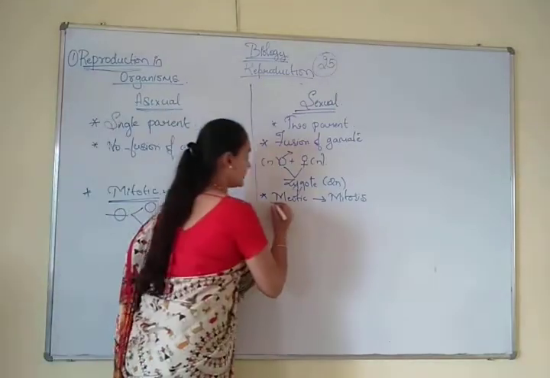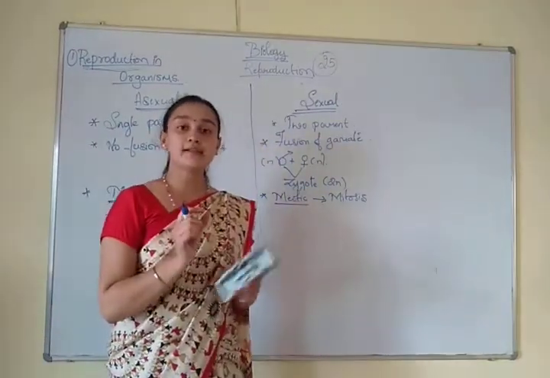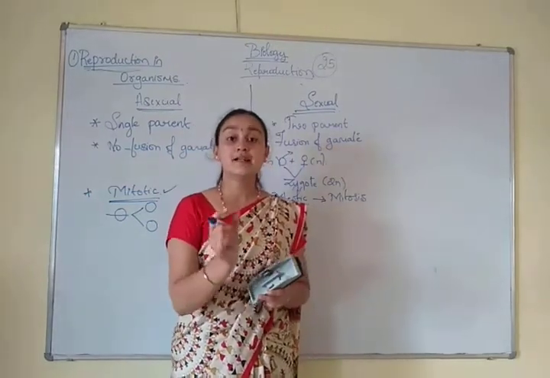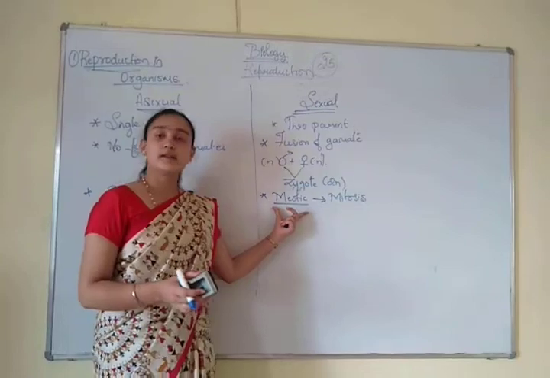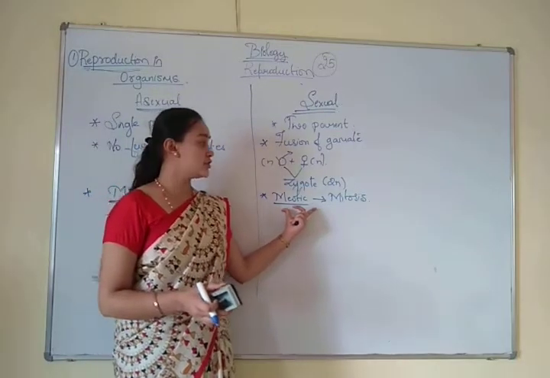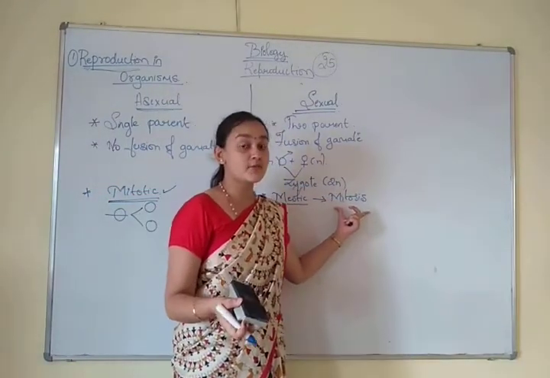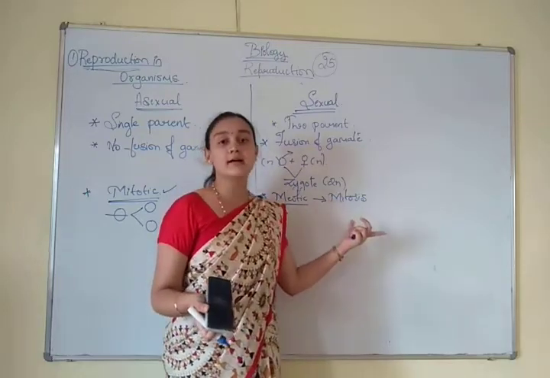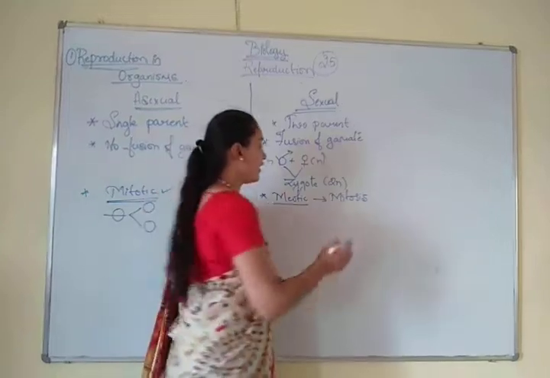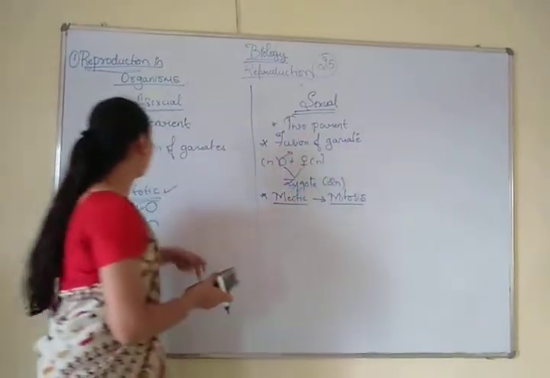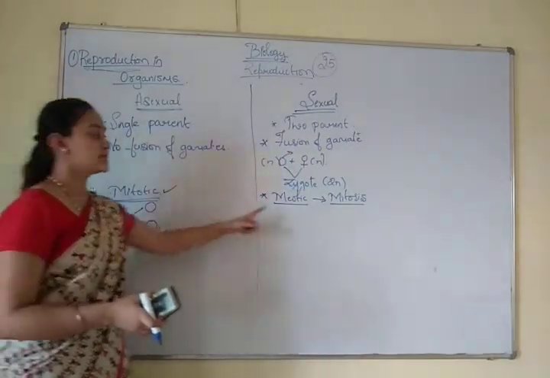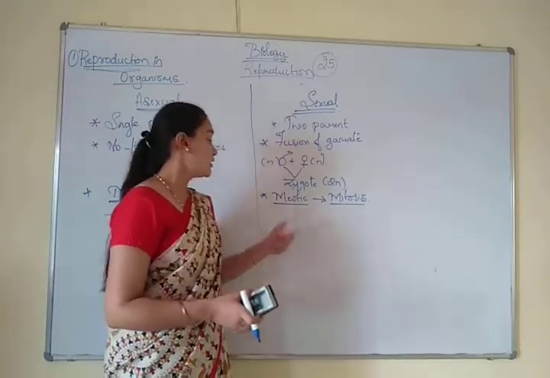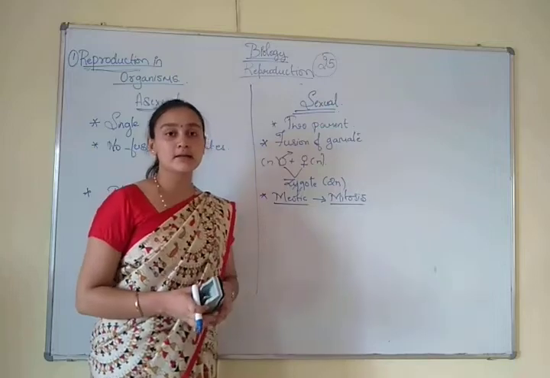So ಈಗ meiotic division ಯಾವಾಗಾಗುತ್ತೆ? When there is a formation of gametes, gamete form ಆಗಿ zygote ಆಗುತ್ತಲ್ವಾ? Till the formation of zygote, there will be the meiotic division. And when the zygote is formed, it will form an embryo. So embryo ಆಗುವಾಗ there will be the division of mitosis. So here both mitosis, meiosis and mitosis.